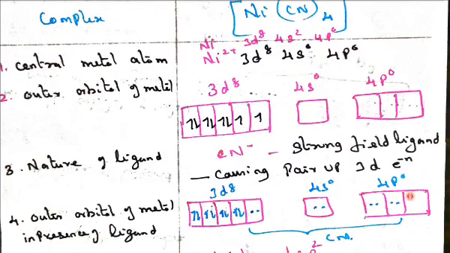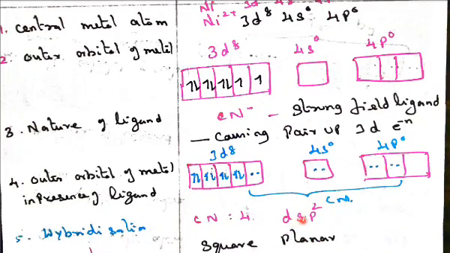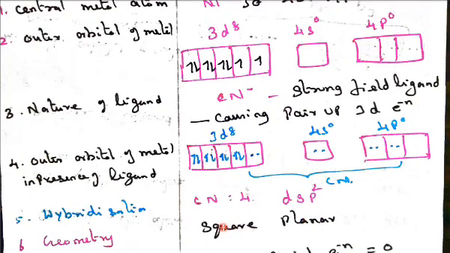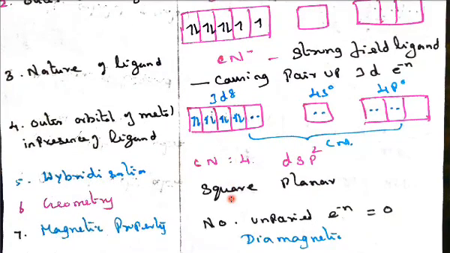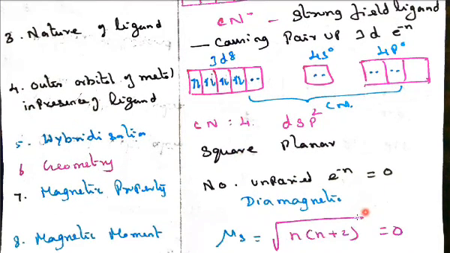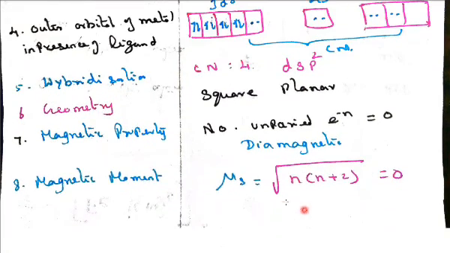We have only 4 cyanido groups. So 1 d orbital, 1 s orbital, 2 p orbitals: the hybridization is dsp2 hybridization. Already I told you, to avoid confusion between tetrahedral and square planar, remember dsp: a policeman is standing where all 4 roads meet. So just remember dsp, it is square planar. So the coordination number is 4 and the geometry is square planar. There are no unpaired electrons, all are paired, so it is diamagnetic, so the mu value is also equal to 0.